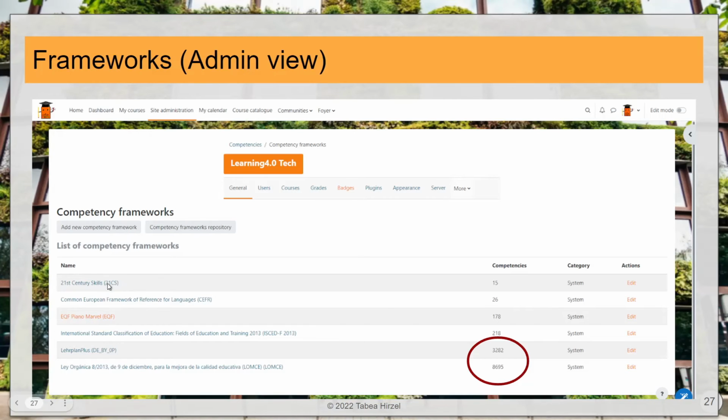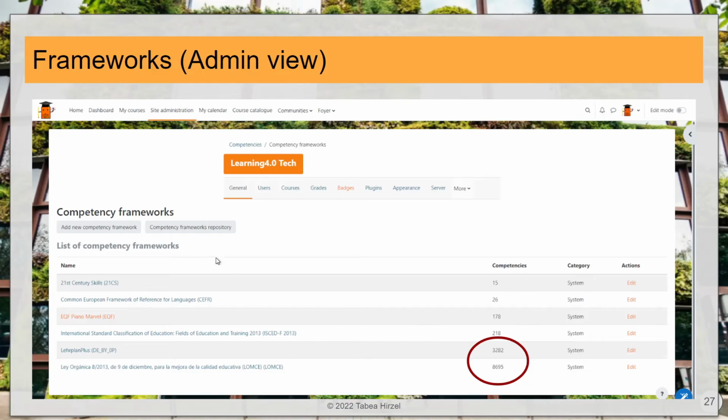As you can see, I have, for example, 21st century skills, and I have a piano standard, common language standards, the international standard of UNESCO, and here this is the Spanish one, and this is the German one, which I'm using at the moment for testing. You can also see that the German is not ready yet, because it's really missing a lot of competences. You can see it also because of the number. A national standard has usually between 5,000 and 10,000 items. So you also get an idea about the dimension of this work.